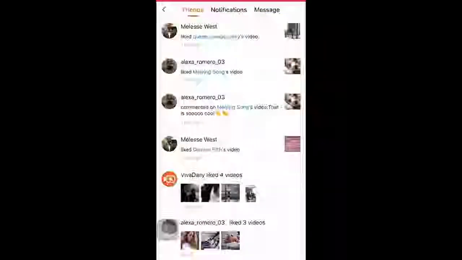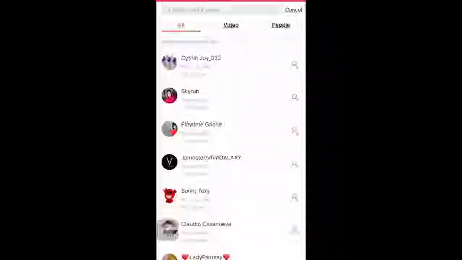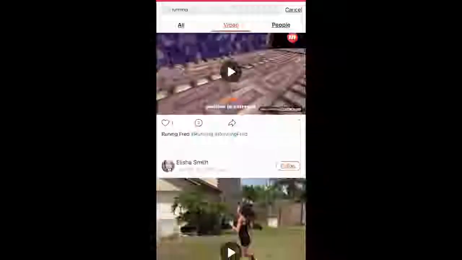So once we get out of here and go to the magnifying glass to the far left hand side, you can go and actually look up people. You can type in different things, like LOL for instance, and you'll see people's names come up. Or you could go and do video and type in video. I'll type in running. And if there's any videos with people running, oh well, random. But these videos will come up, and these videos not only on the Viva app. So this is a great way for you to see how other people